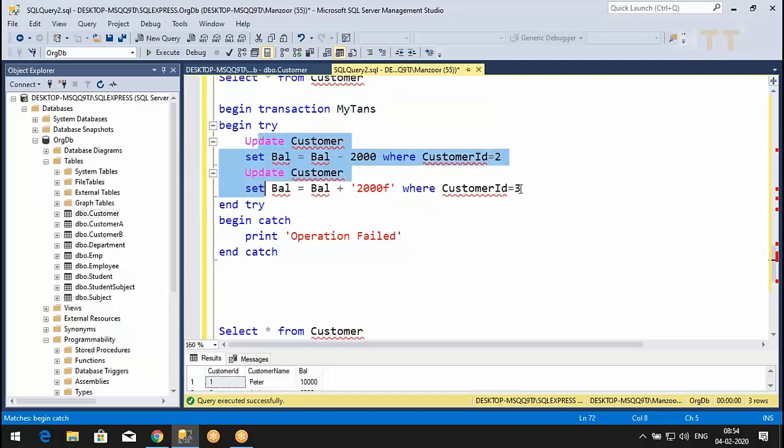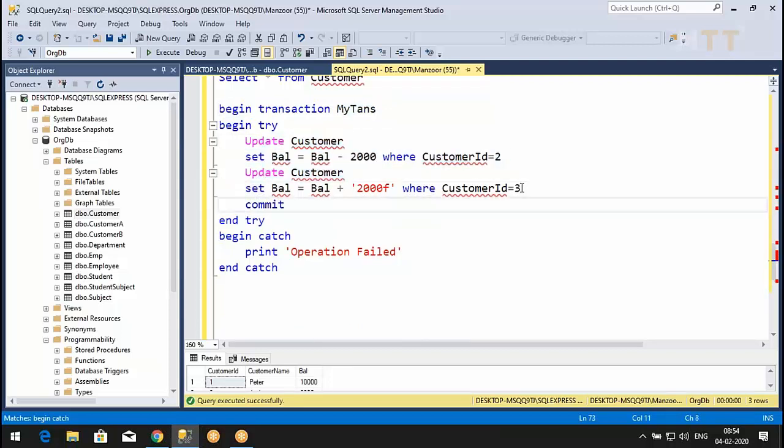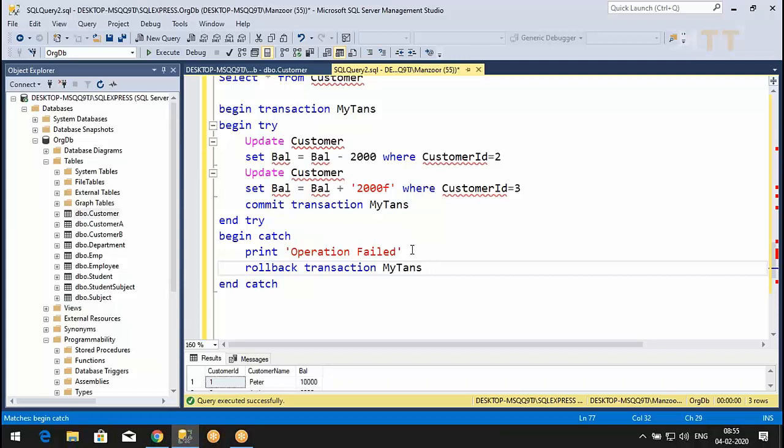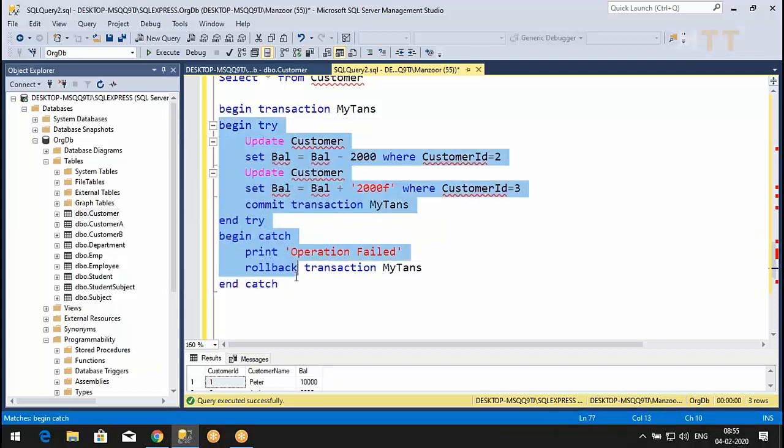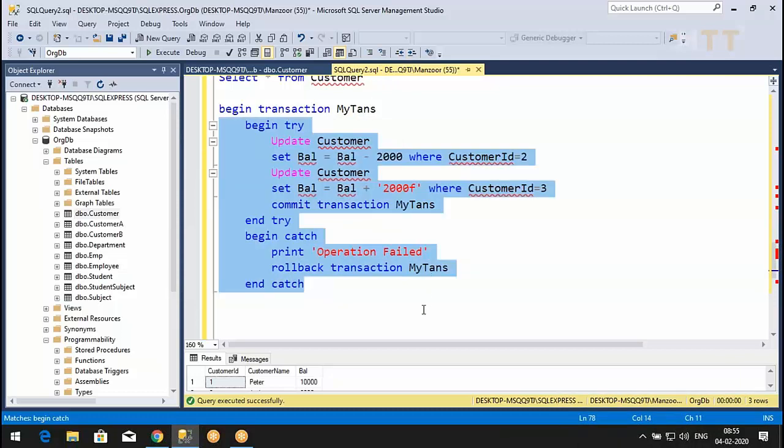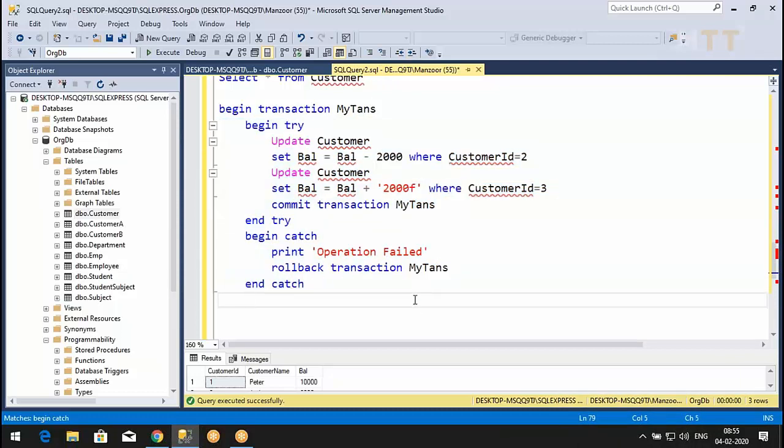If all the things are perfect, then I will say commit transaction my trans. If anything goes wrong, then I will say rollback transaction my trans. Are you all getting it? Simple thing, right? No need of commit after rollback.